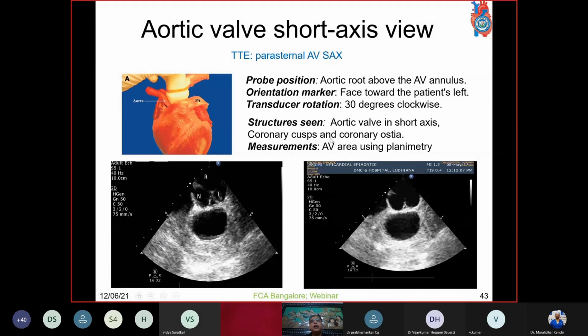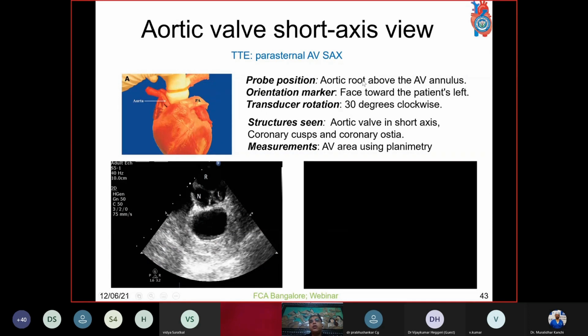In this, the probe is positioned at the aortic root, just above the aortic annulus. The orientation marker is pointed towards the patient's left and slightly rotated to 30 degrees so that we can have a good short axis view. The structures seen are the aortic valve with all three cusps and sinuses.